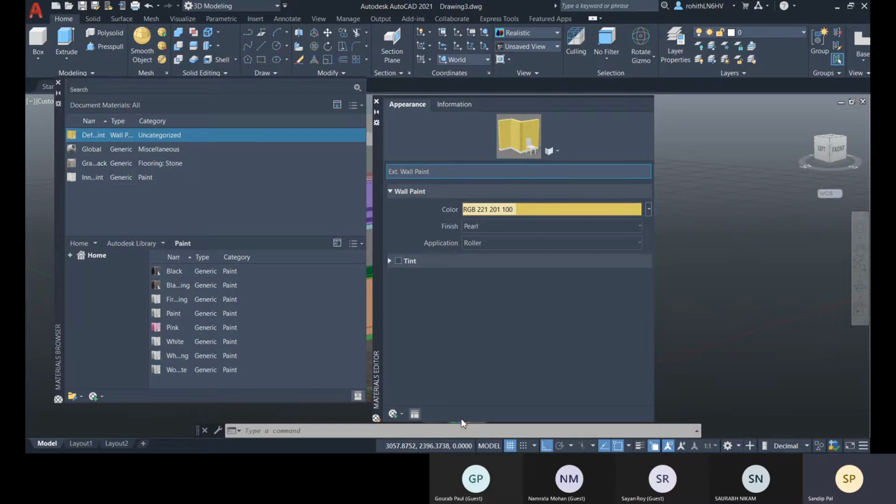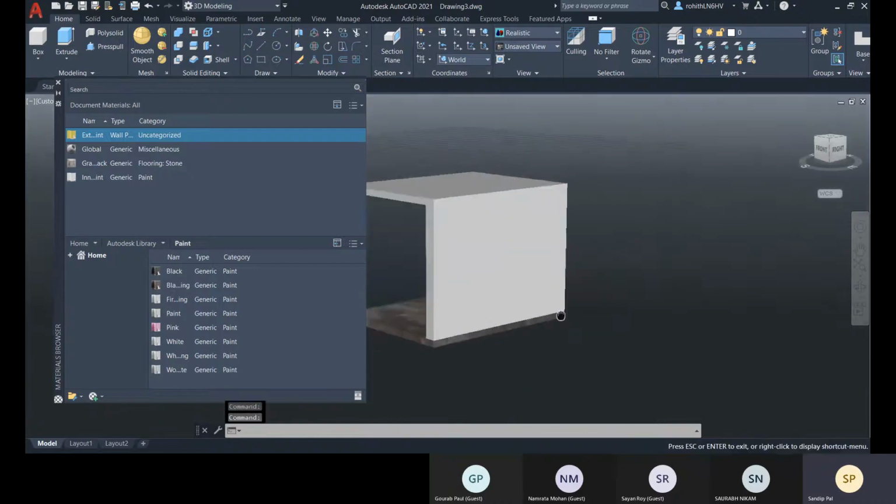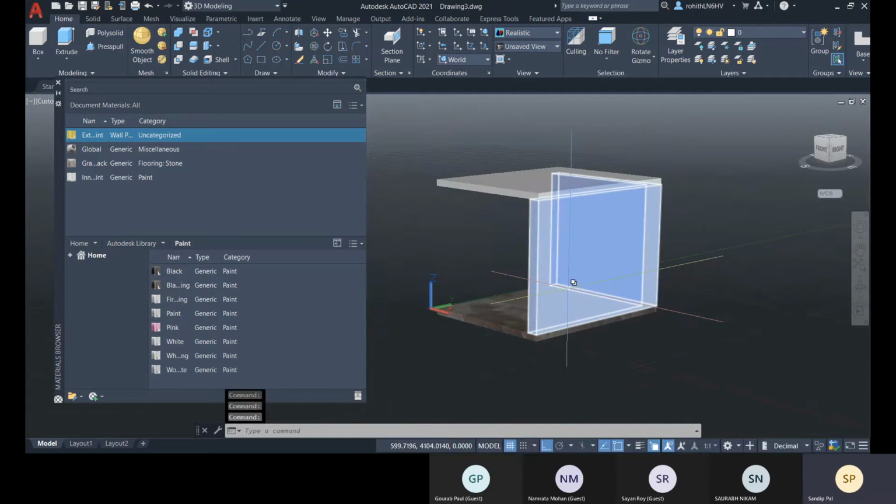Okay, so this way you can also create a new material. All right, and this is your material browser, open and close. This option you want to open or close, you can do with that option. And this is done. And now select your outside walls with the control key.